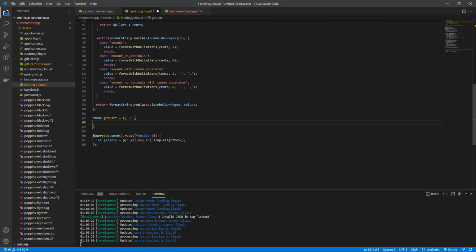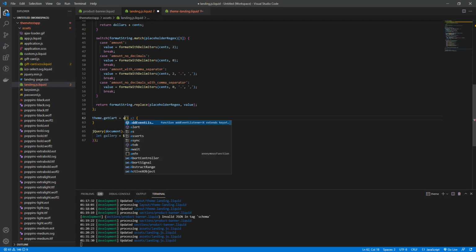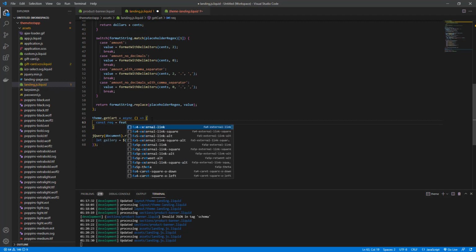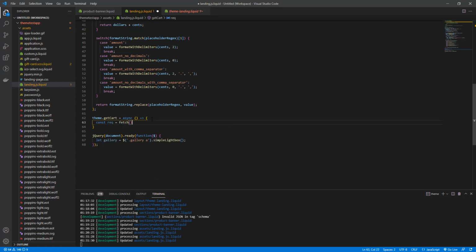This will be an async function, and in this let's call const request, and in this request will be a fetch, URL will be /cart.json,